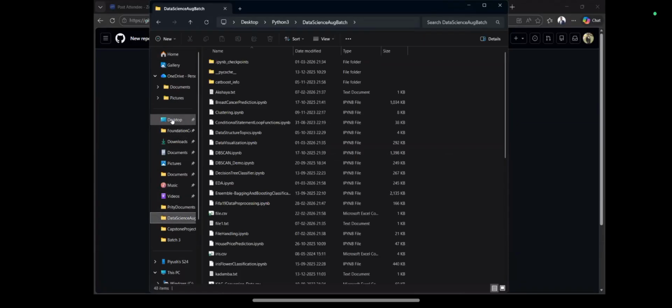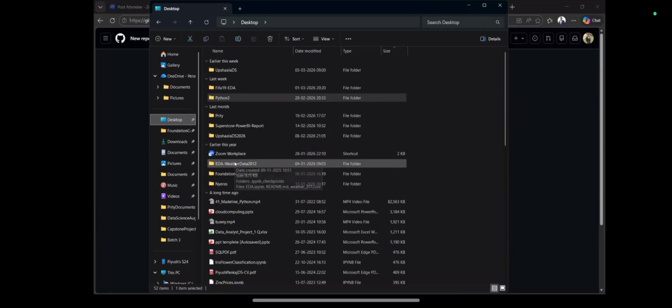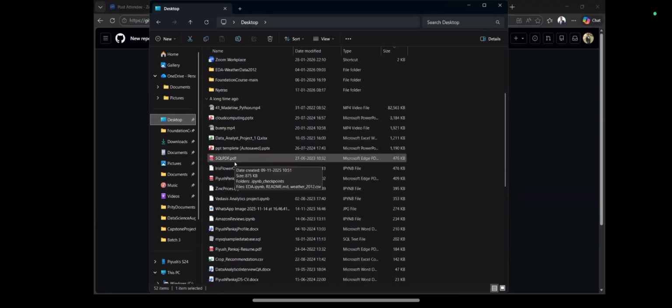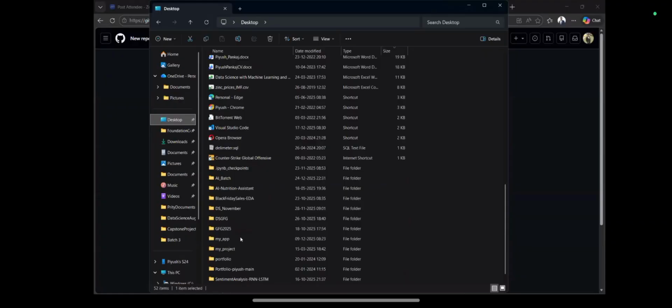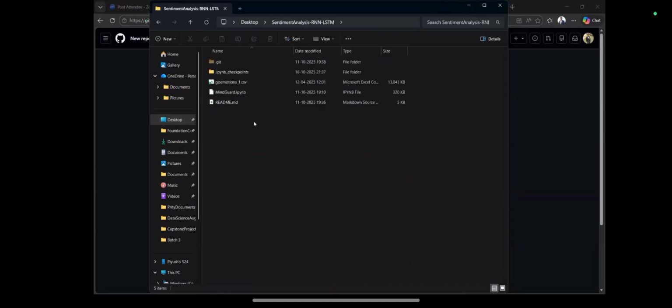I think I have one project on desktop. Let's say I have this particular project, GeoMotion's Mindguard. I hope all of you remember this particular thing, or else I have one more file, and I will be giving you that particular file too. Let me check one more thing on desktop.